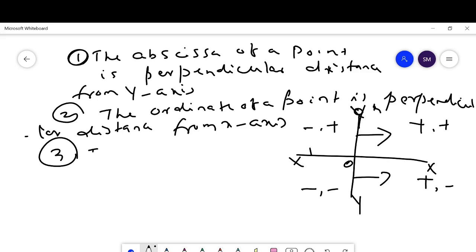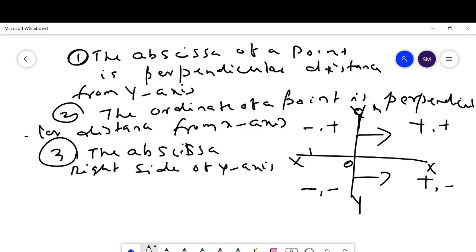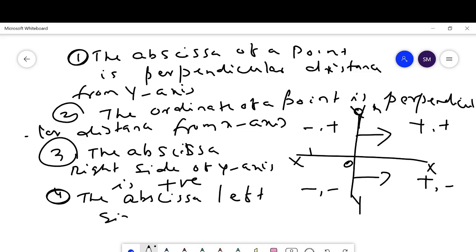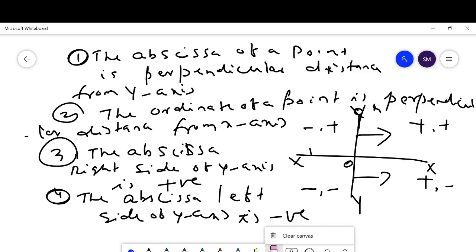The abscissa of every point situated on the right side of the y-axis is always positive, and the abscissa on the left side of the y-axis is always negative. Then the fifth point says,